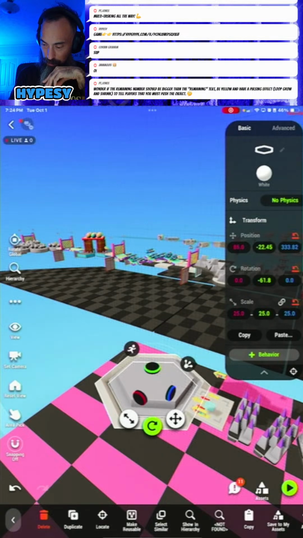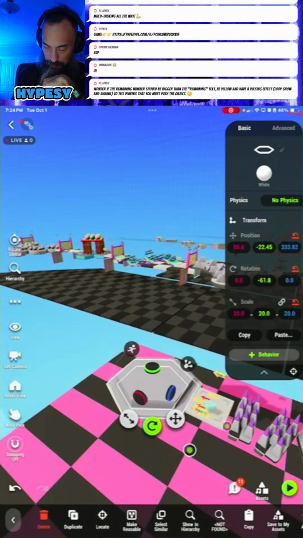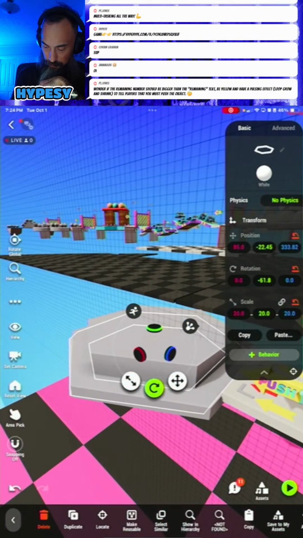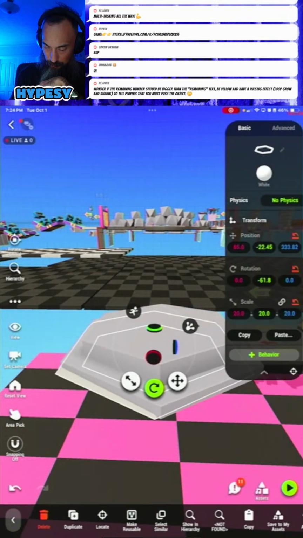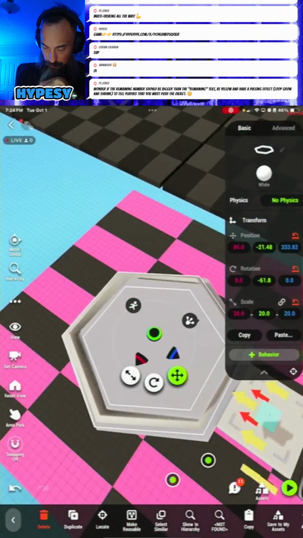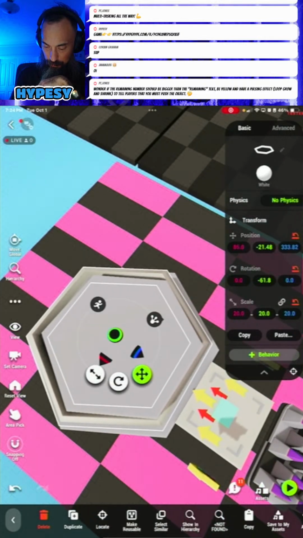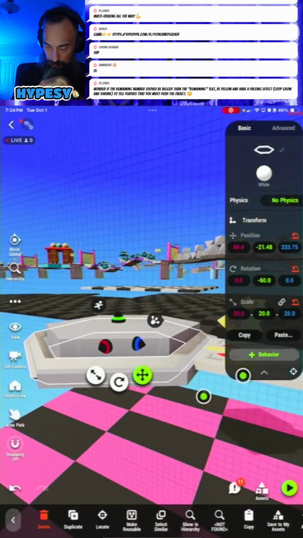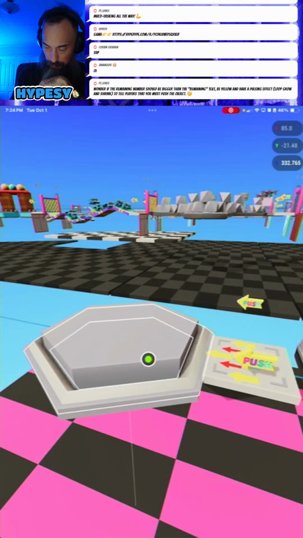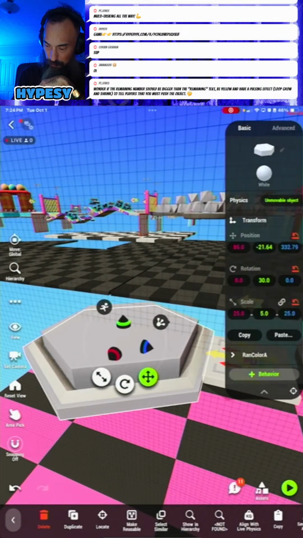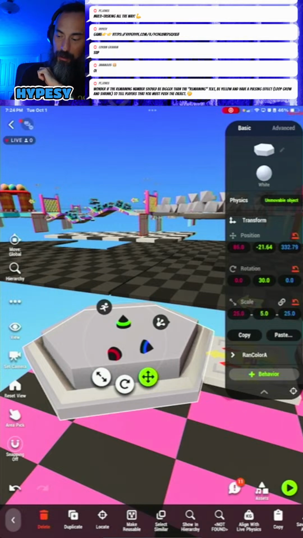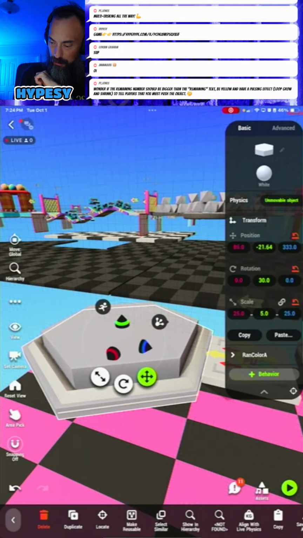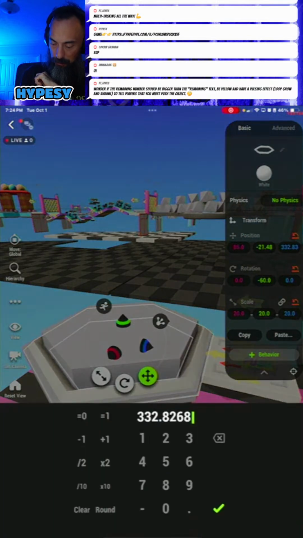We can make this 20. So it's at position 85, and let's go ahead and move this to 333 just to make the math easy peasy.